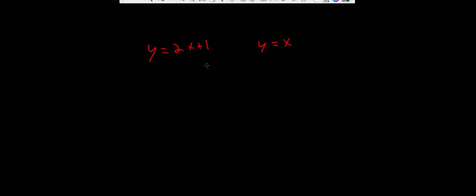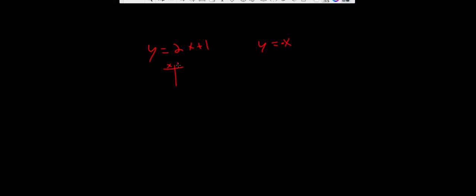Let's talk a little bit about systems of lines. Let's say we have the line y equals 2x plus 1, and we also have the line y equals, let's just say, negative x. We're asked to graph these two lines on the same coordinate plane. So we're going to graph these two lines by using our graphing methods, which is usually